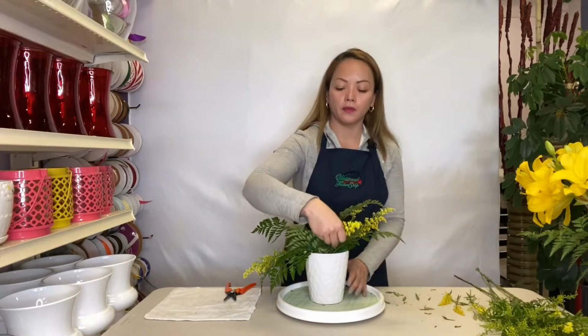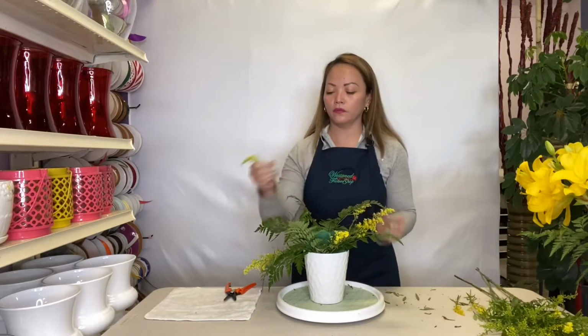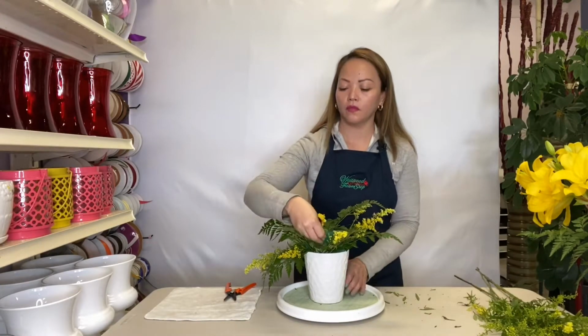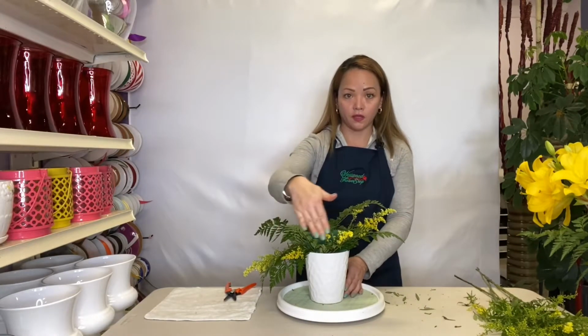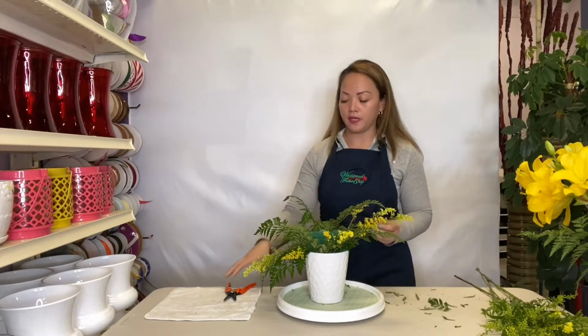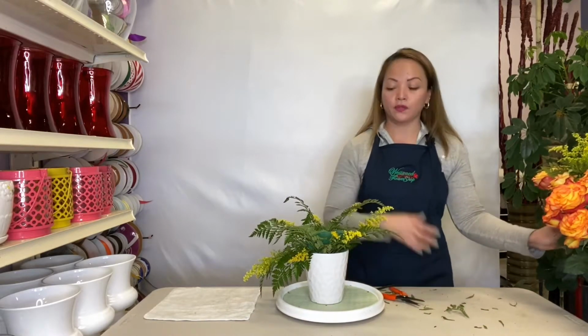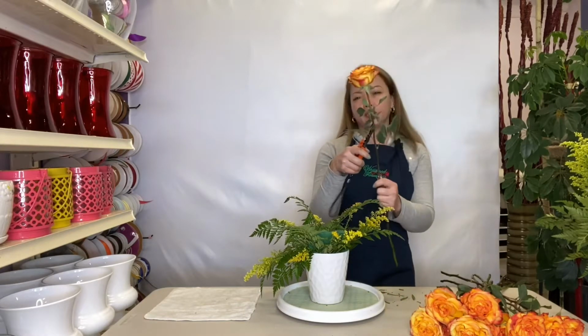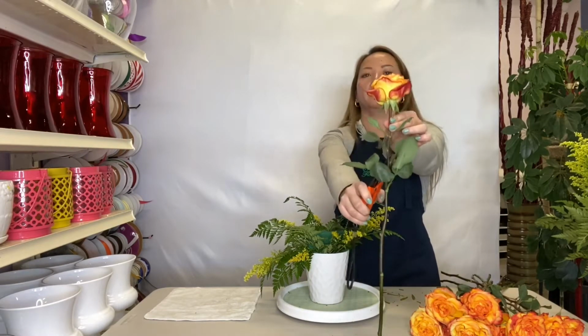And then this I'm going to be putting on the side, another one on the side. So 3 also on the front, and then I'm going to be doing 3 at the back. Now I use about a dozen of the roses, which is 6 at the front and then another 6 at the back. Now the way you cut them is maybe about 3 to 4 inches, about that size, and then